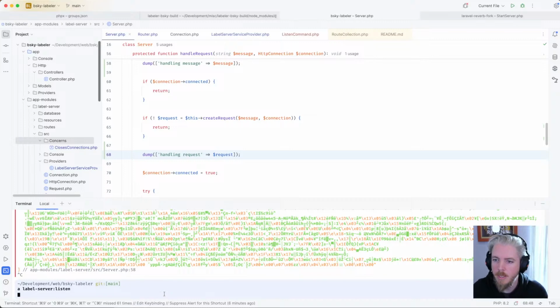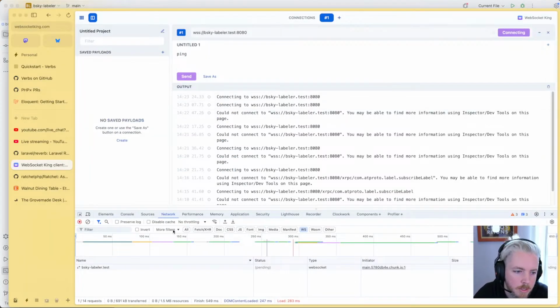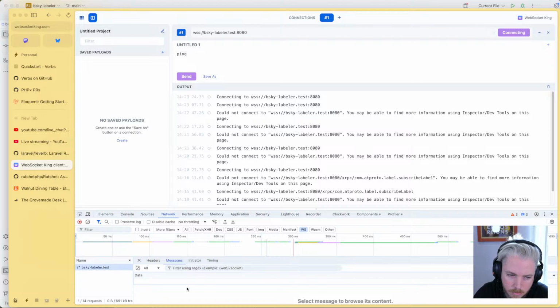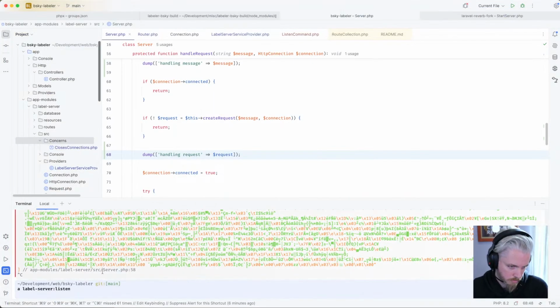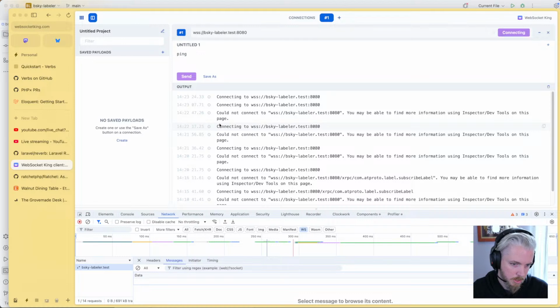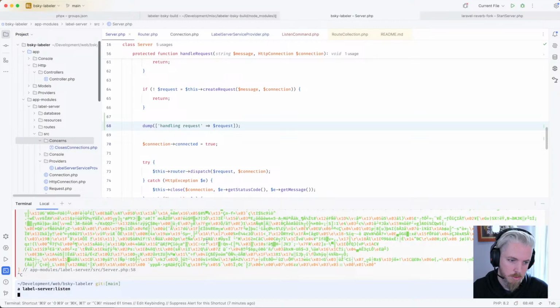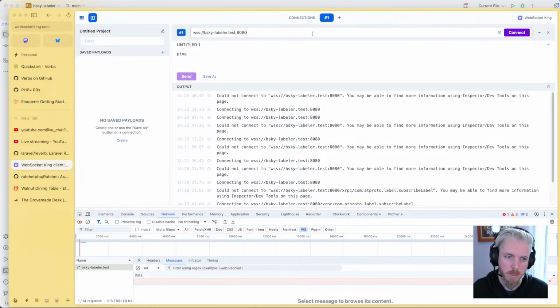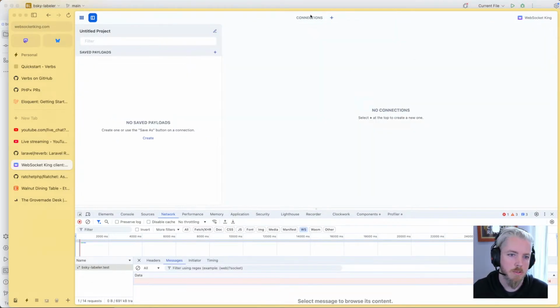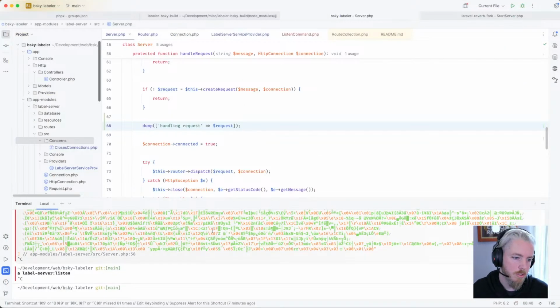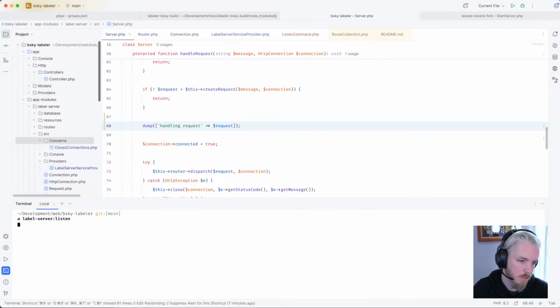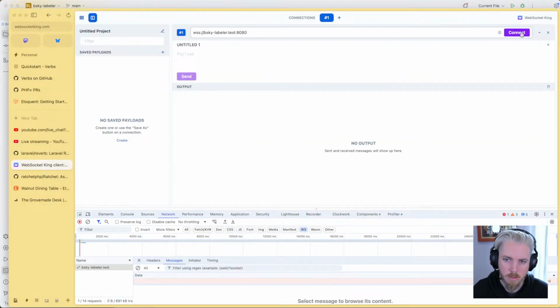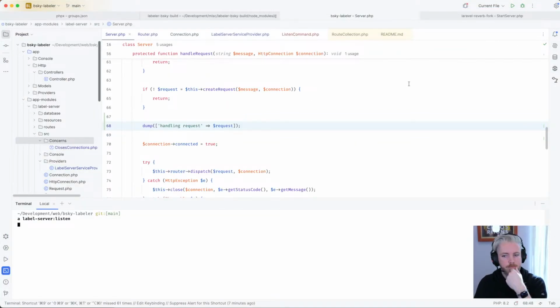Why are we not getting anything now? It's connecting, but we're no longer seeing a message. So that's odd. Let's just clear this junk out, create a brand new connection, clear this and get ourselves a new server, and hit connect. Why would adding that new dump statement